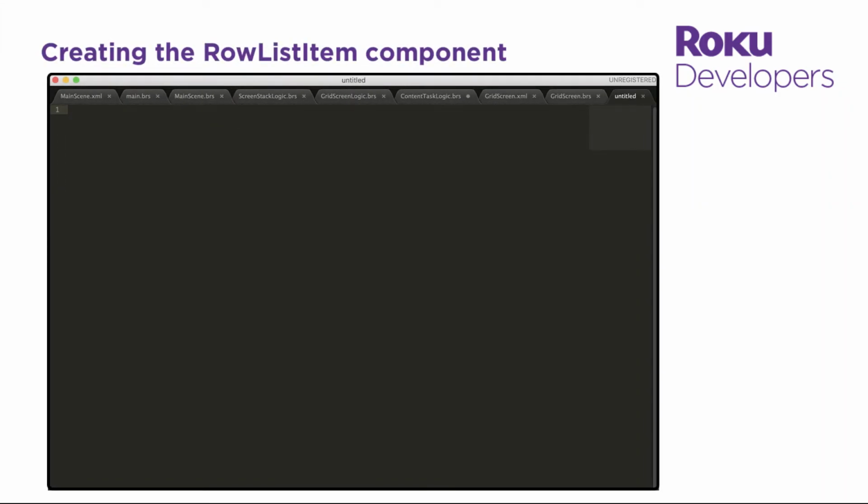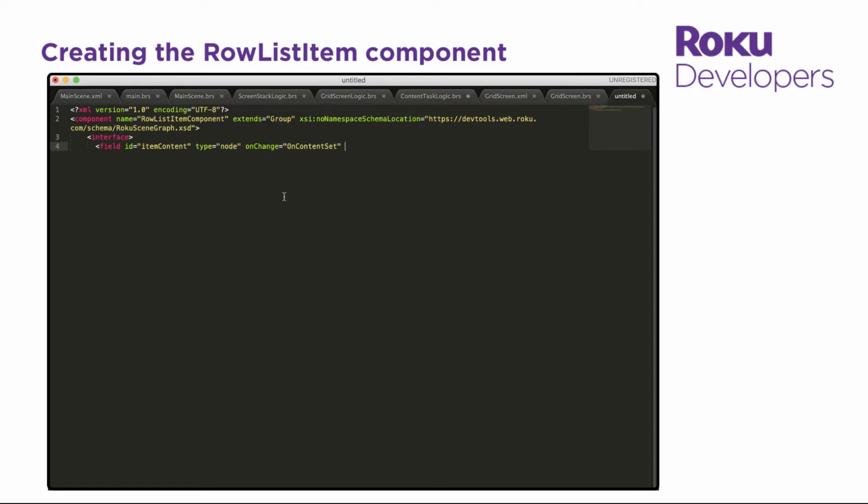To get started, let's create the row list item component XML file. So create a new file in your text editor or IDE, and then create a component named row list item component that extends the group node. Let's reference the SceneGraph XML schema too. Now let's add an interface element with an ID of item content, a node type, and an observer that calls the onContentSet handler when the content in the row list gets updated. Finally, let's add a script element that points to the corresponding row list item component BrightScript file, which we'll create